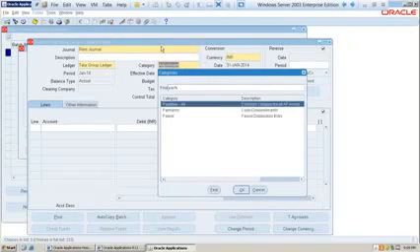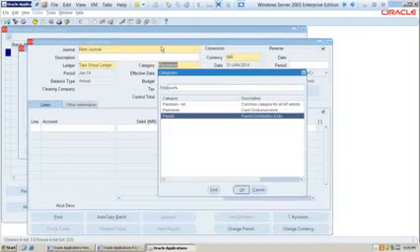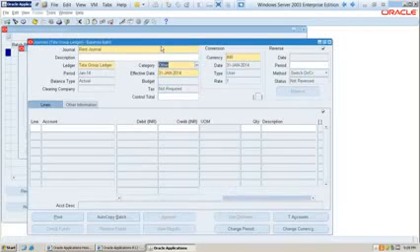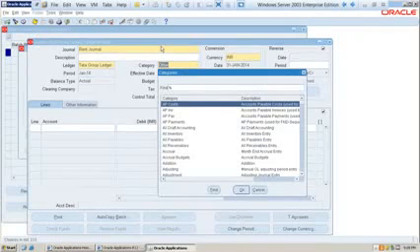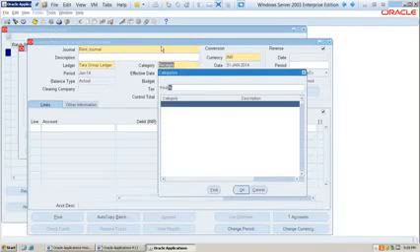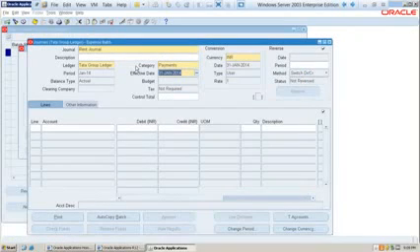Category is what? Purpose. Purpose could be payment. Purpose could be purchase. Purpose could be payroll. Purpose could be other. If you are not sure about anything, you can take other. Purpose could be receipts. You are receiving money from someone. Purpose could be something like sales. So you can take anything. I take the current purpose as what? Payment, rent payment. I am paying rent to some landlord, something like that. So category is what? Payment. So here you see, January.